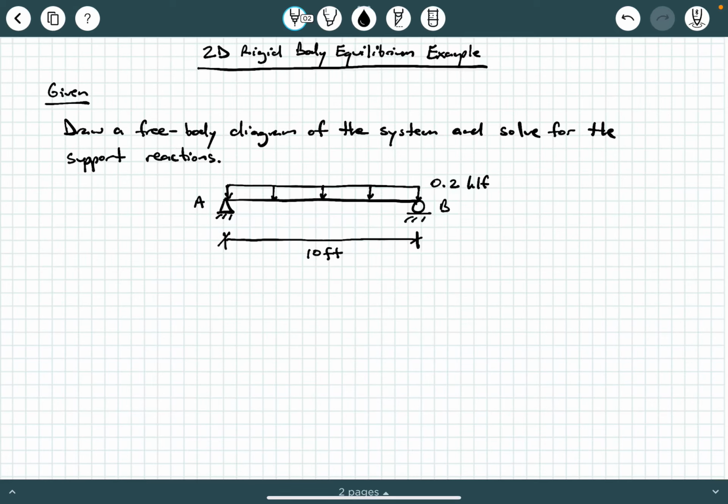Hey everybody, Dr. A here, and in this video we're going to be exploring another example of two-dimensional rigid body